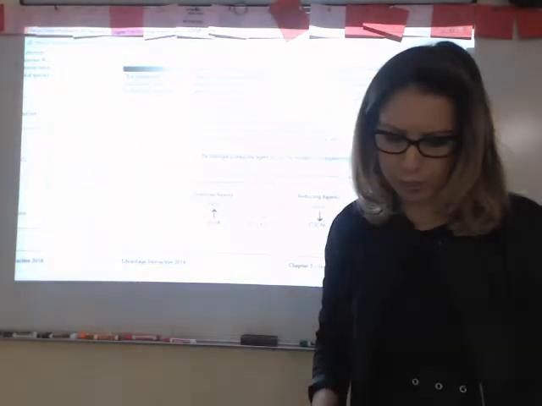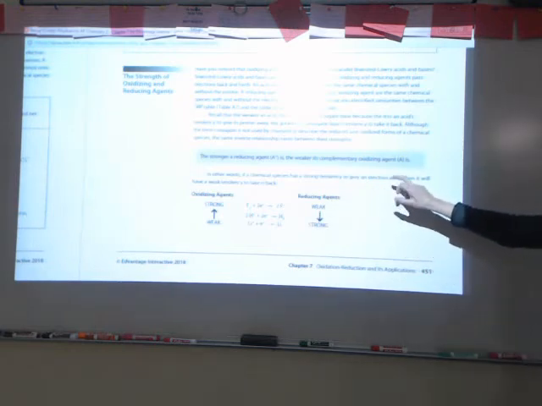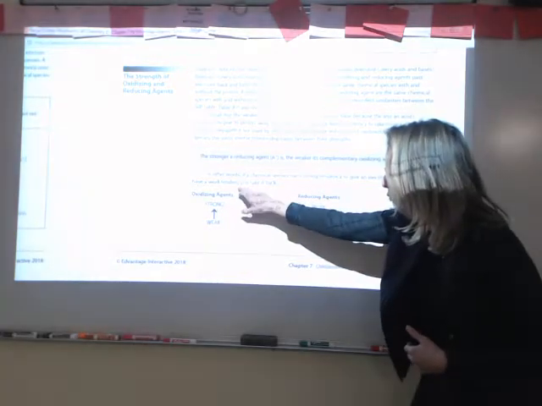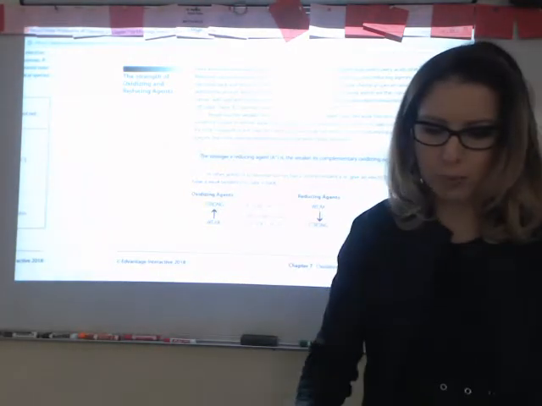So if we have a species that has a really strong tendency to give an electron away, then that means it's a very strong reducing agent. It is further to the right and down on the SRP table. Then it's going to have a very weak tendency to take it back. Okay? So if you turn the page,